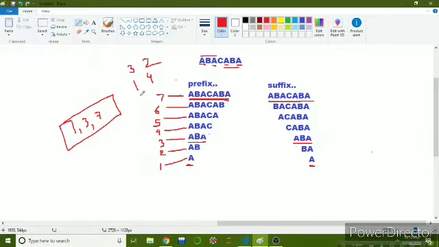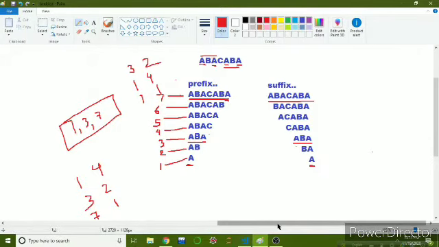So we have to print 7 and 1, and we have to print these values in increasing length of the prefixes. So we have to first print 1 4, then the length 3 prefix occurred 2 times, and the length 7 prefix, which is also a suffix, occurred only 1 time. So this is the problem.